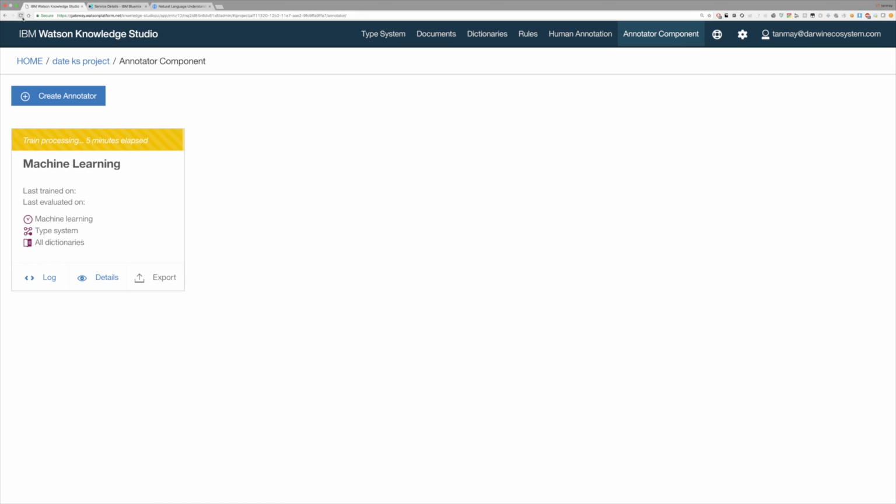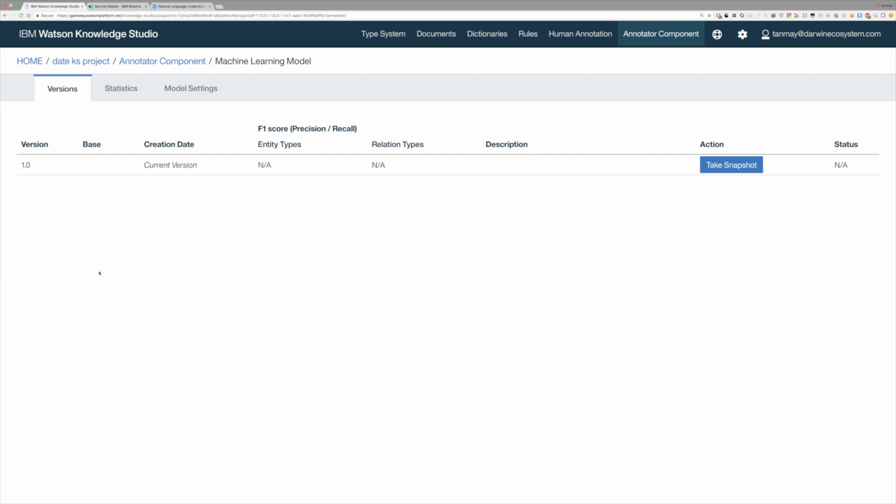And once it is done training, we will be right back in the video, and then I'll show you exactly how you can integrate this with the Natural Language Understanding service. Alright, so as you can see, the Knowledge Studio says that it is now done training this machine learning annotator. So I can then just click this little close button here, and as you can see, it says we are complete. Now what we can do is head over to the details pane here,